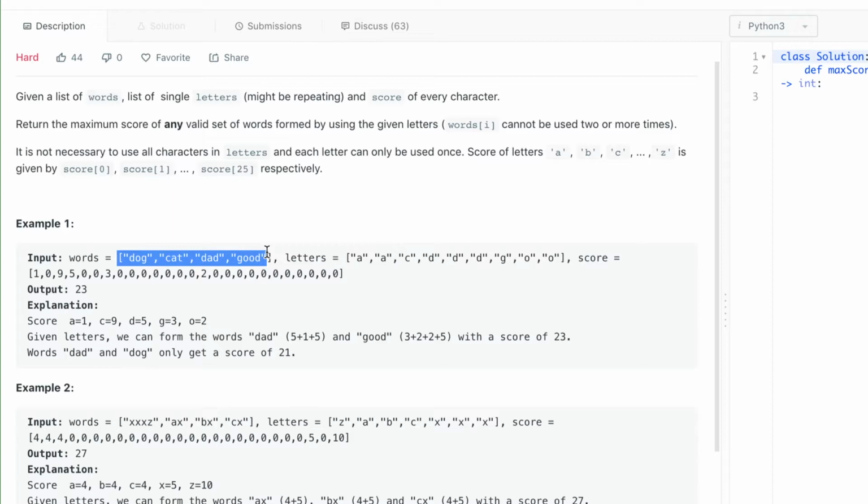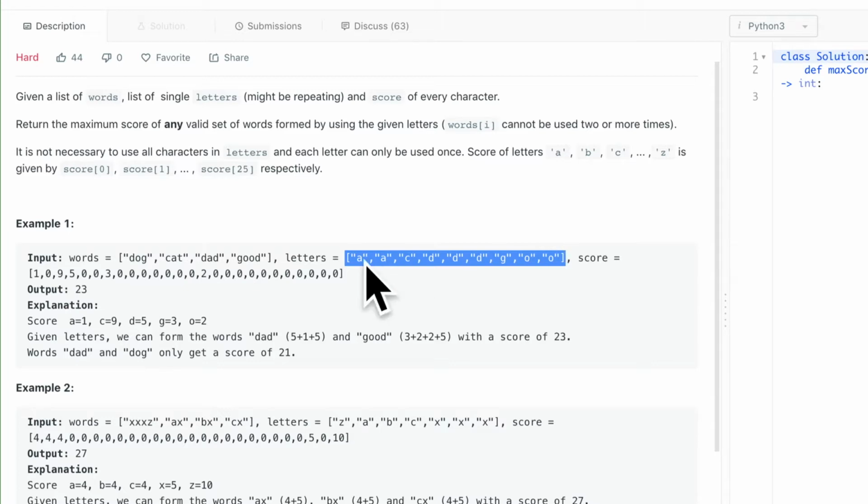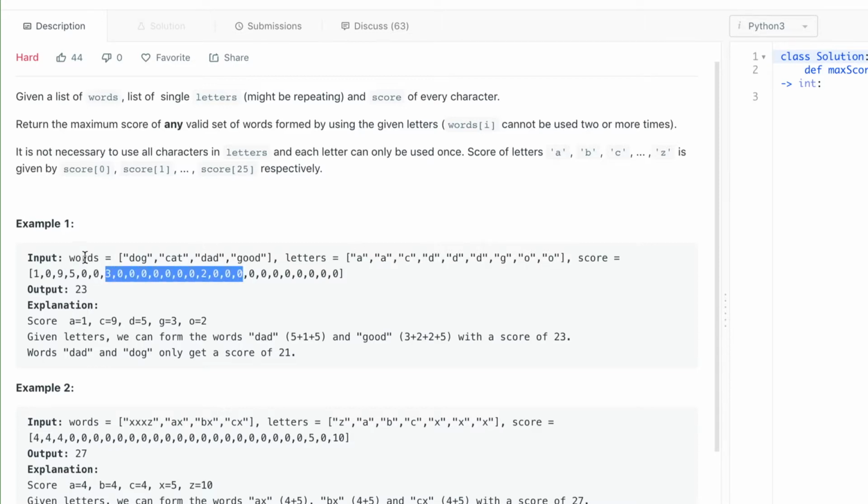You can see here we have this words array, and these letters that we are allowed to use, and the goal is to return the maximum score that we can get by taking some of these words, or maybe all of them if we can, because we are constrained by the fact that we can't take any more characters than what's in letters. The problem also gives us the score. For example, in this example, with these letters we can form dad and